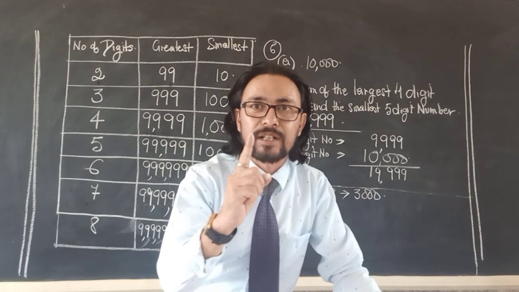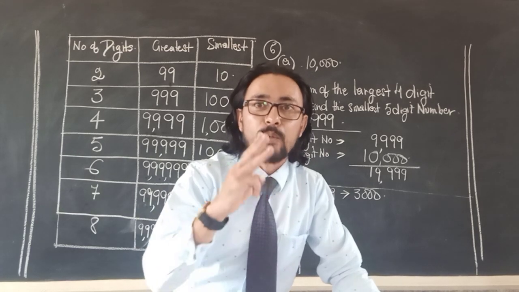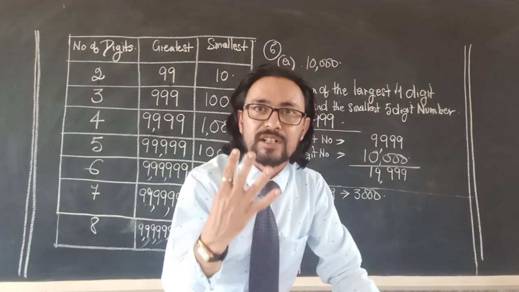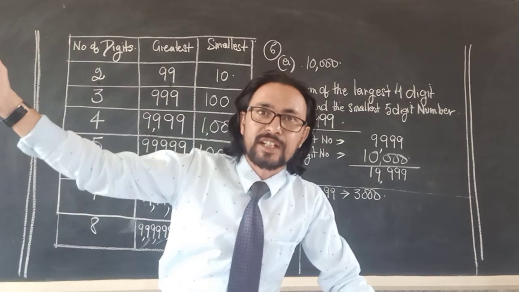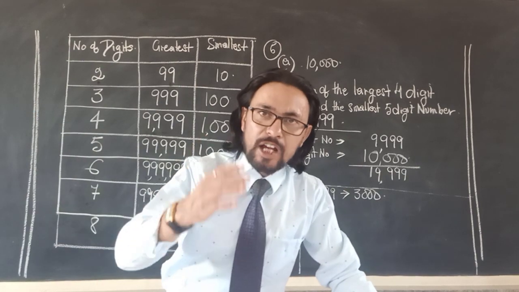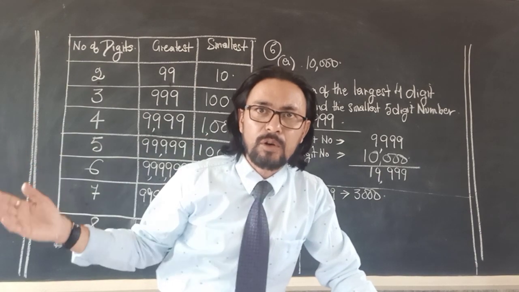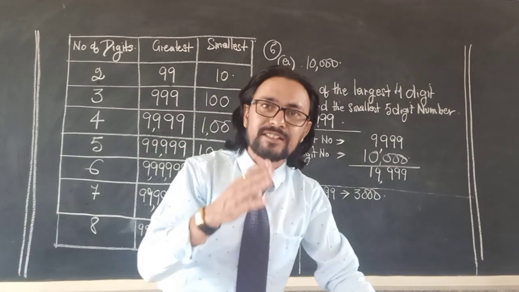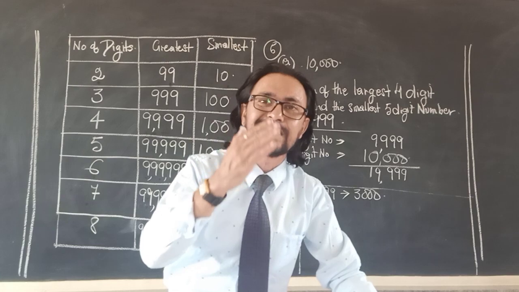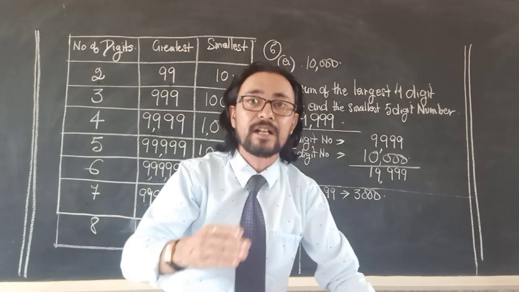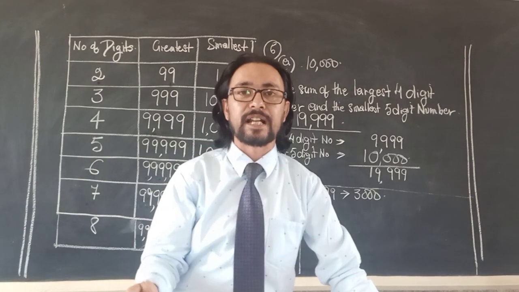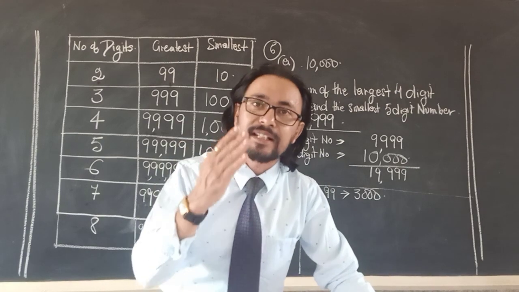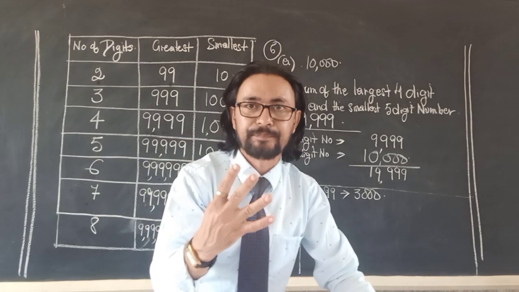And 1000 is not a 3-digit number. 1000 is a 4-digit number. They have given you till 3000. They would have written 1 crore. Are you going to count till 1 crore? No, you're not going to count till 1 crore, because I know that all my 3-digit numbers are only till the number 999. After 999, the next number becomes 1000, and 1000 is a 4-digit number.